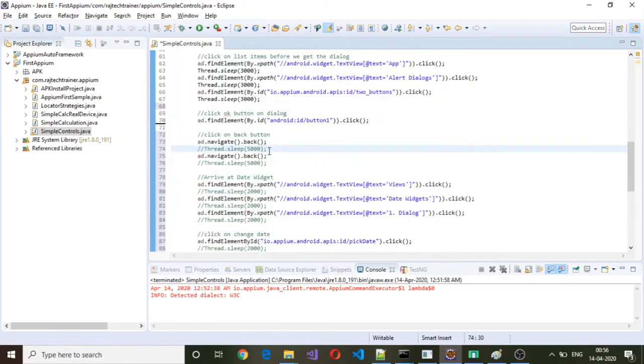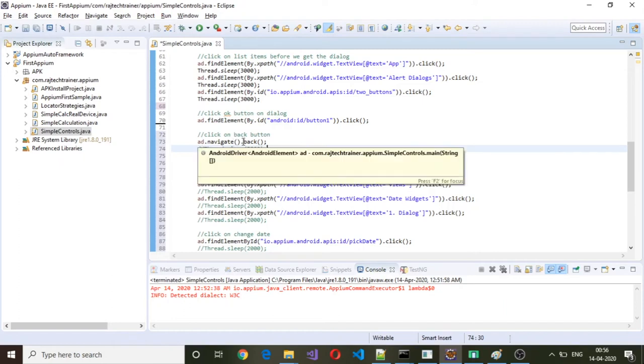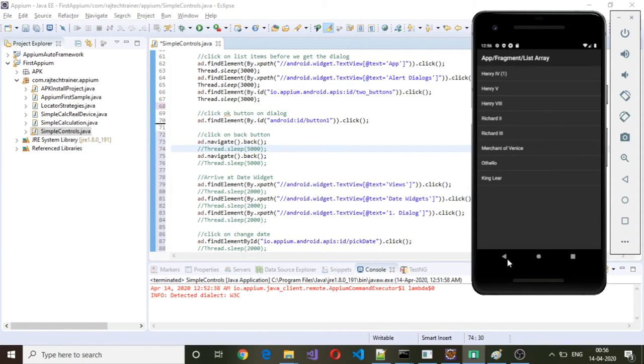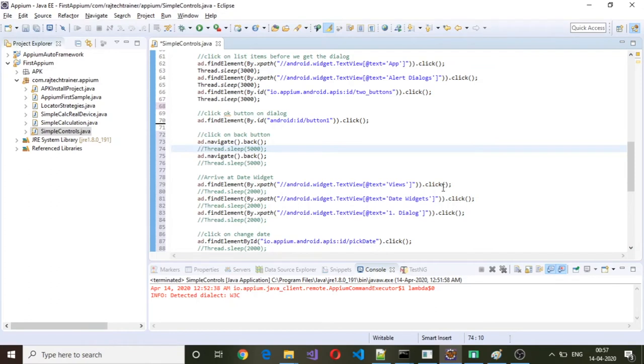What I have done here is after clicking on this dialog box, I'm clicking on navigate back. So what I'm doing is I'm clicking on this button to navigate back. Okay, so here I have commented out all the thread because we have used a lot of thread here. So instead what I'm going to do is